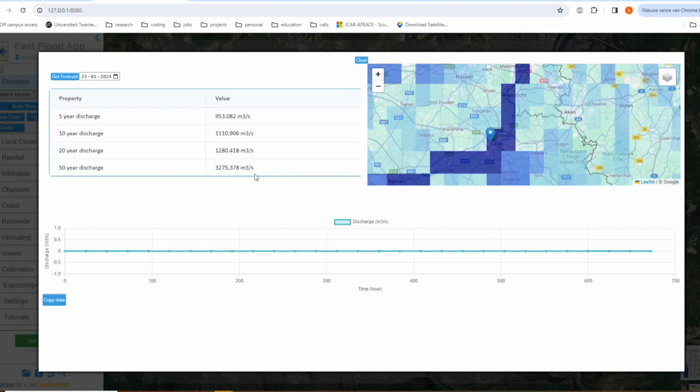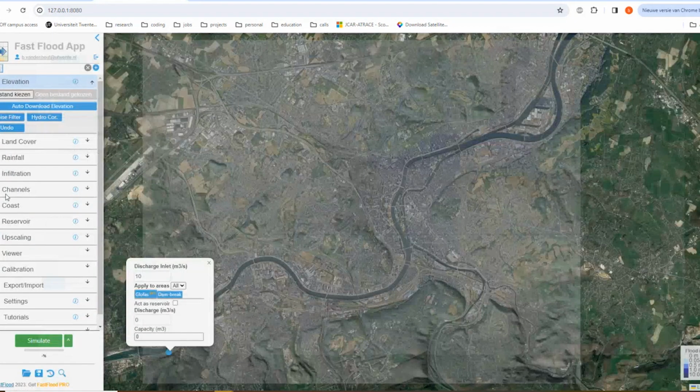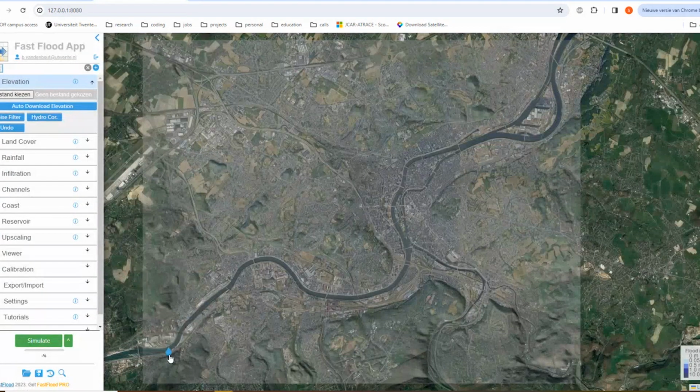In this region, GloFAS is pretty good. It's calibrated there, so it won't be far off. For other regions in the world, you have to be careful and check. You can also get the forecast if you want to model the current values that are being predicted there. So let us put that in, and